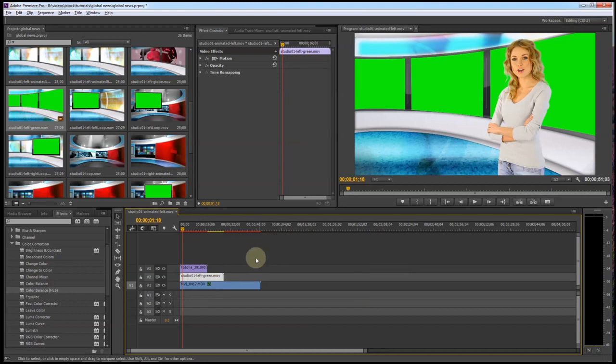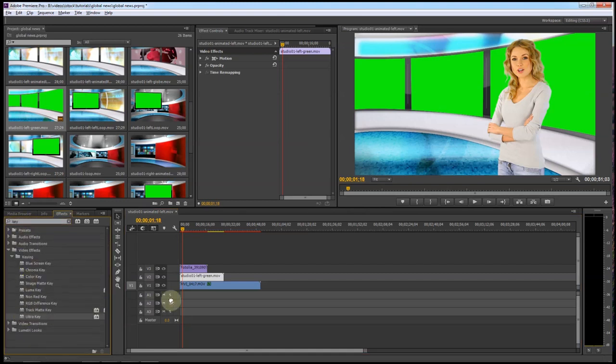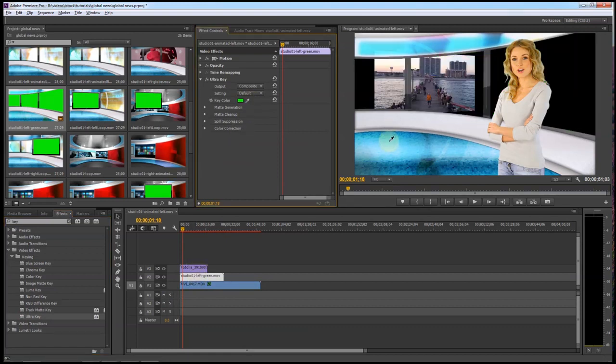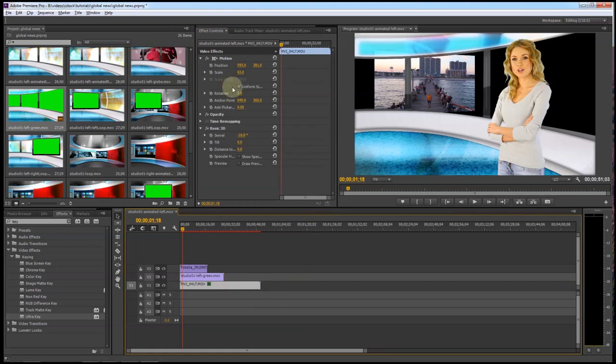Like that. And then of course we need to apply our chroma key to remove the green in this scene. So let me apply the Ultra Key effect to that studio. Click the green. Like that. Shows through to our bottom layer. And then you can either